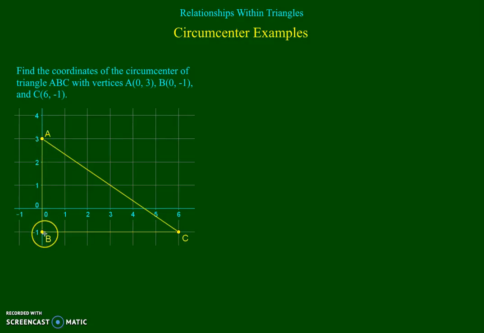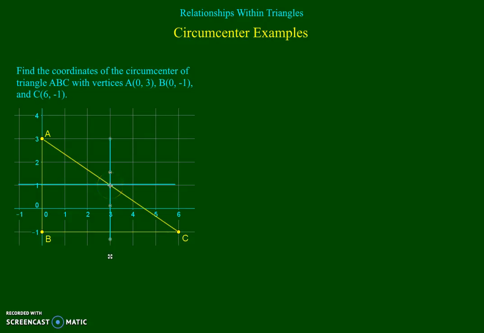3 plus negative 1 is 2. 2 divided by 2 is 1. So there's our midpoint. And the perpendicular bisector, the line that's perpendicular to a vertical line, is horizontal. So if we put in a horizontal line here, it'll look like that. Now we do the same thing with the bottom segment. Our bottom segment is 6 units long. Clearly half of that is 3. And a vertical line is perpendicular to a horizontal line. So if we put a vertical line in here, we can see that they intersect right there at the